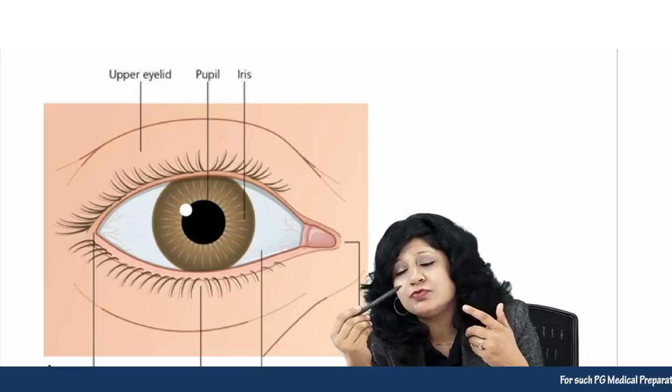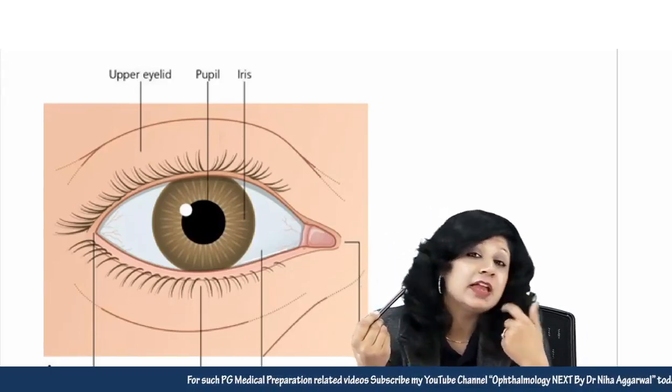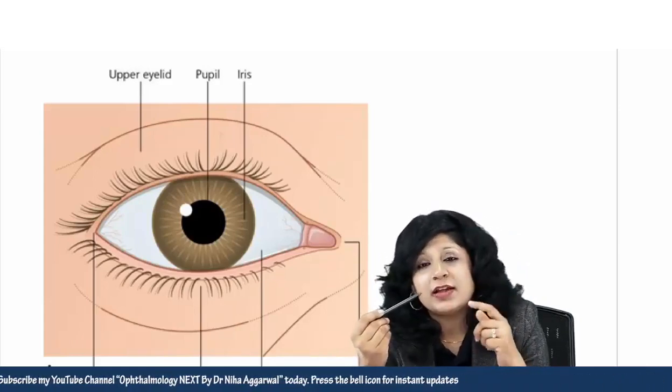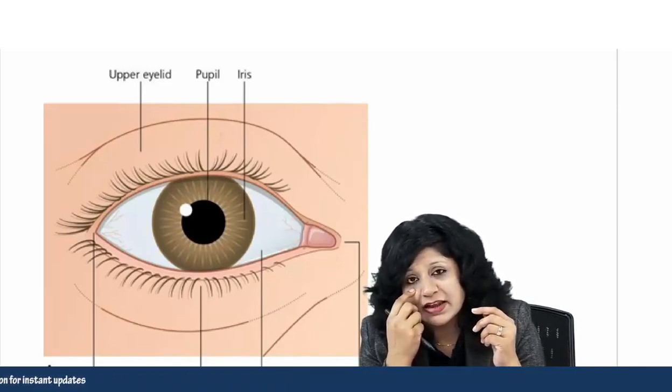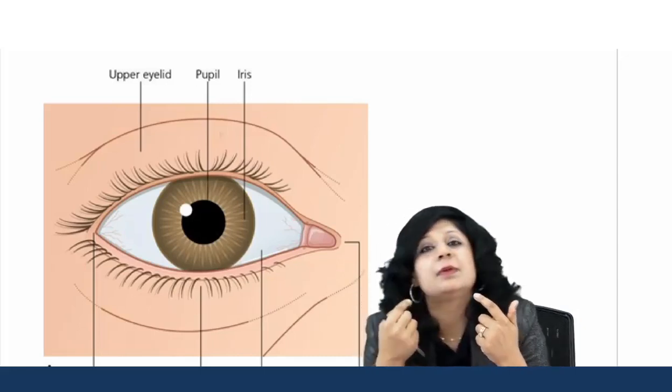After you have done this, only then you move to the inner areas, and again go in the proper sequence: look at the conjunctiva. When you look at the conjunctiva, you will have to pull the lower lid down like this, and you will get this area seen, and you will see the palpebral conjunctiva.